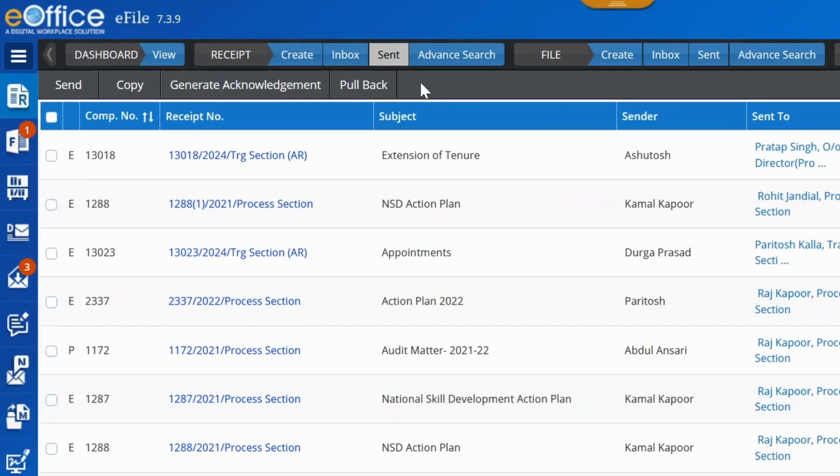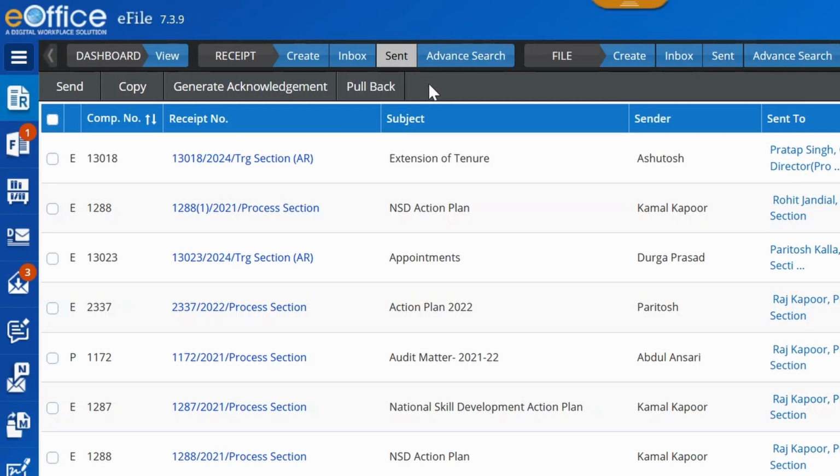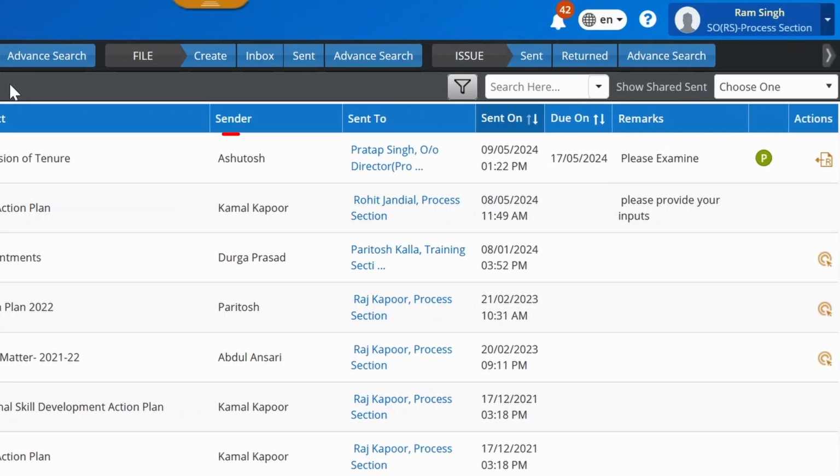The key fields to review here are: Number 1. Receipt number. The receipt numbers lacking numerals and round brackets indicate that these are primary receipts marked in the To field, intended for the recipient to take action on. And the receipt numbers containing numerals and round brackets indicate that the receipts have been marked as copy or for information purposes only in the CC field. The numbers and brackets help users to distinguish between the main receipt and the CC receipts sent from their account.